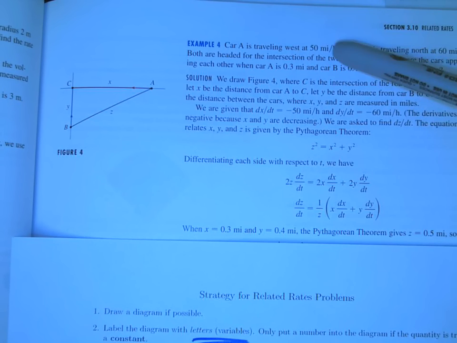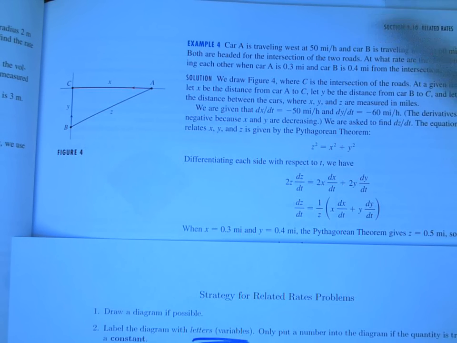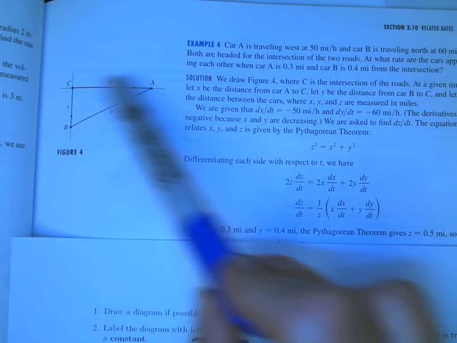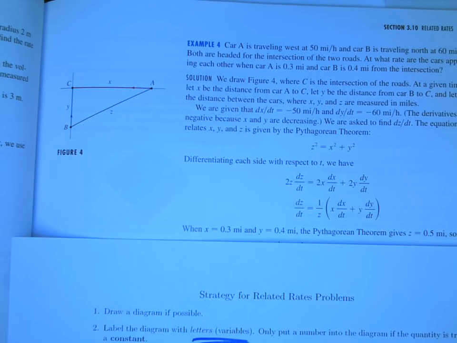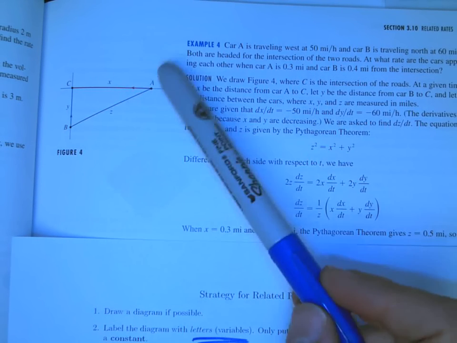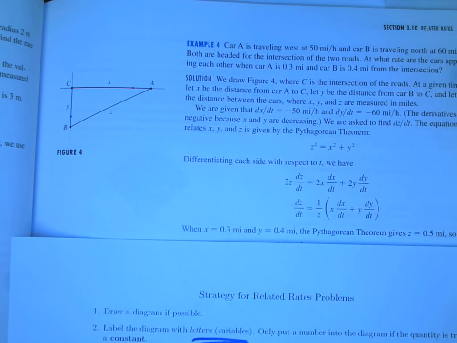Car A is traveling west at 50 miles per hour. Car B is traveling north at 60 miles per hour. So any kind of velocity information, that's going to be a rate of change. It's a rate of change of a distance. And one thing that I mentioned in class is that when you have motion, for us it's almost always going to be straight line motion, because any other kind of motion is too complicated for us. And you're going to be able to draw the line of motion,